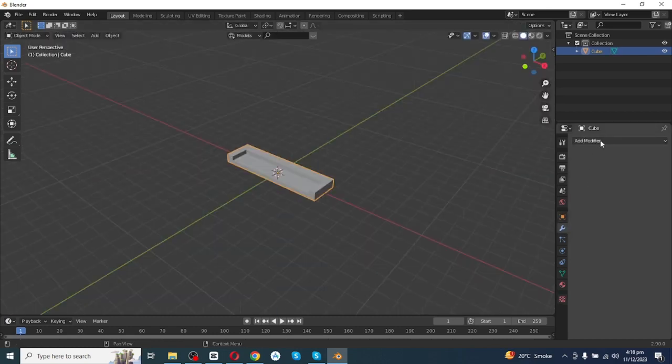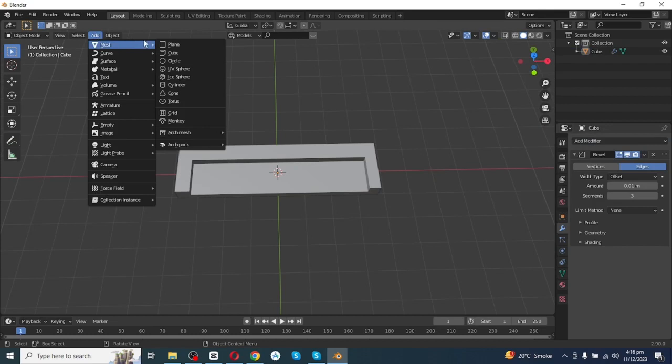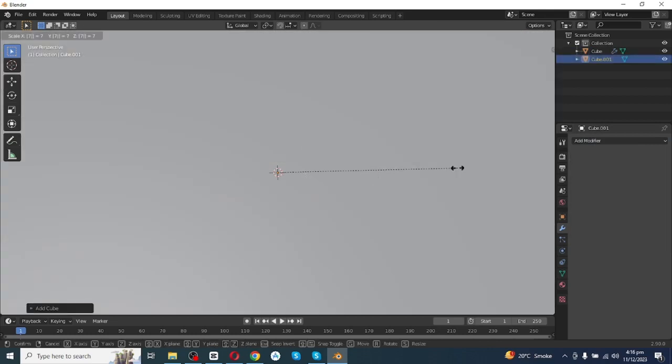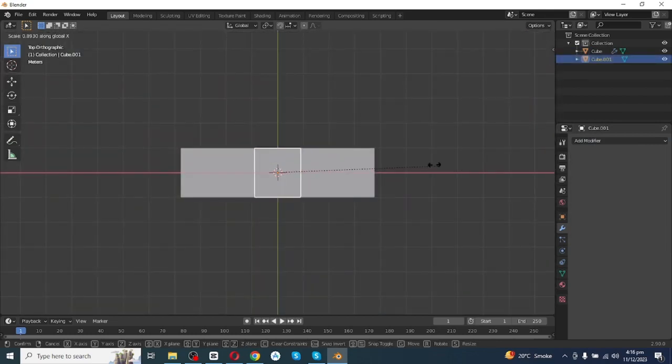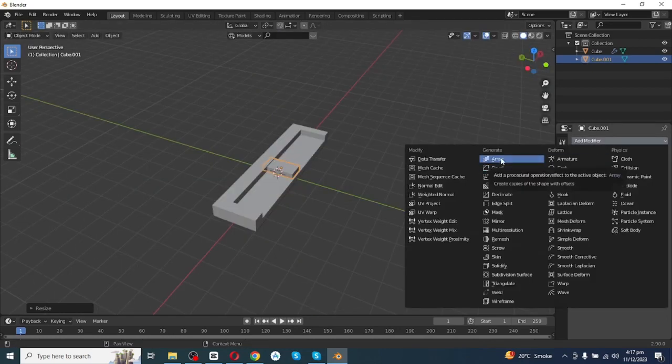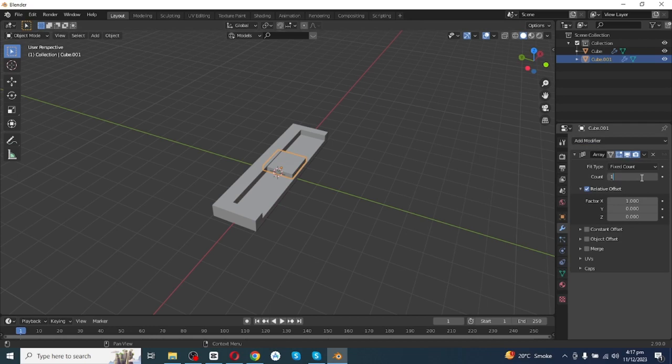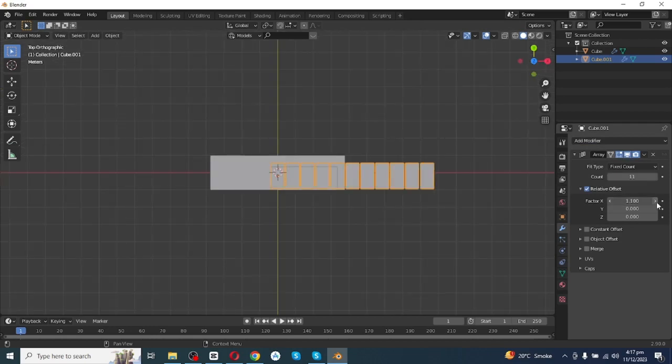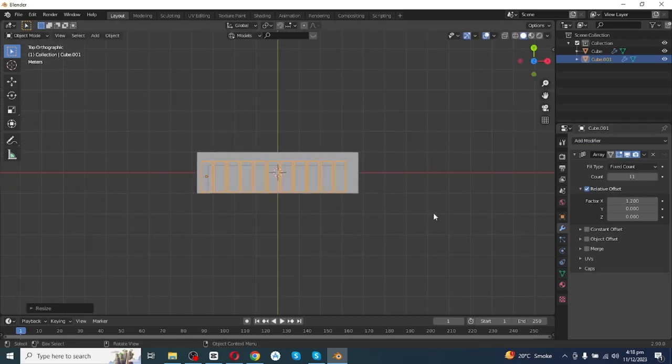Add a bevel modifier. Then go to the add menu and I will add a cube, press 7 to see the top view and then scale down along the X-axis, Y-axis, and Z-axis, and then add an array modifier. Increase the count value to 11 and then I will increase factor X and scale down along the X-axis, move it along